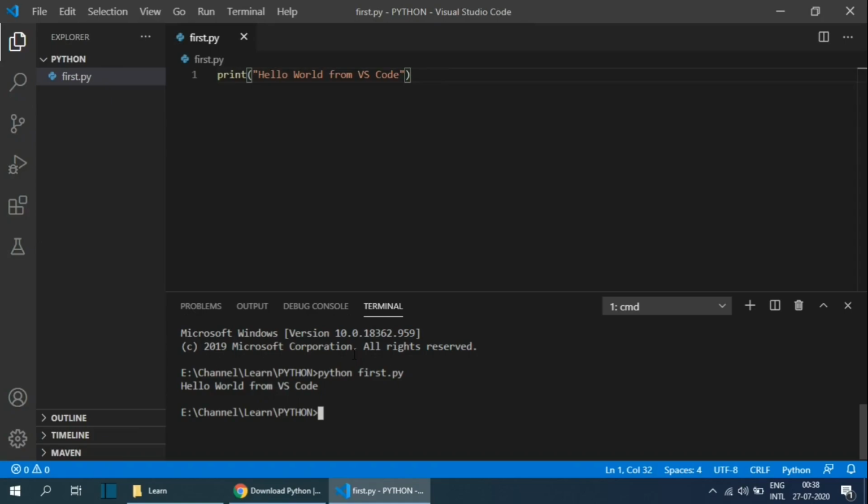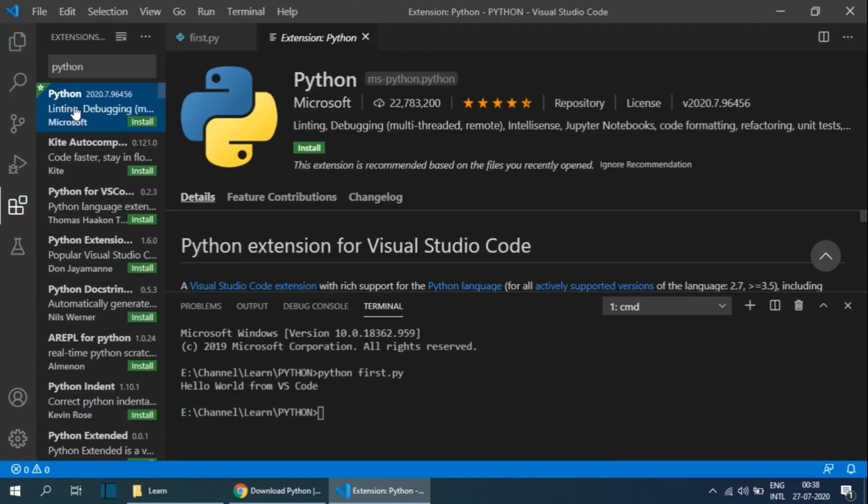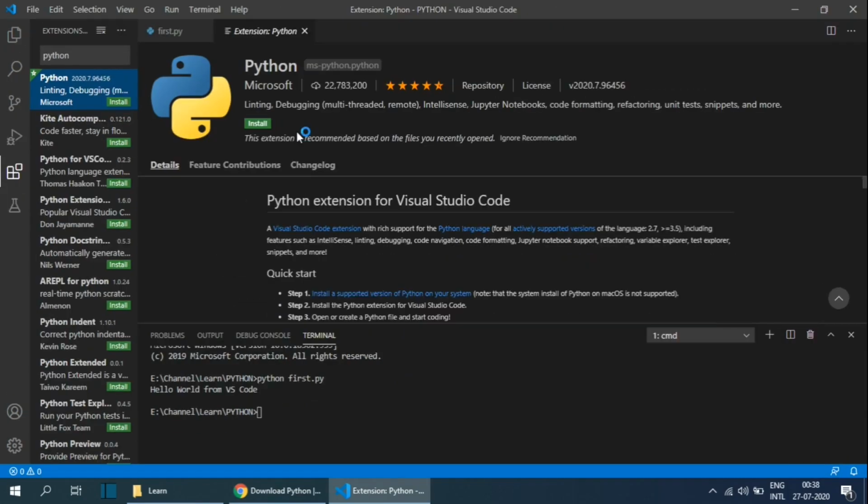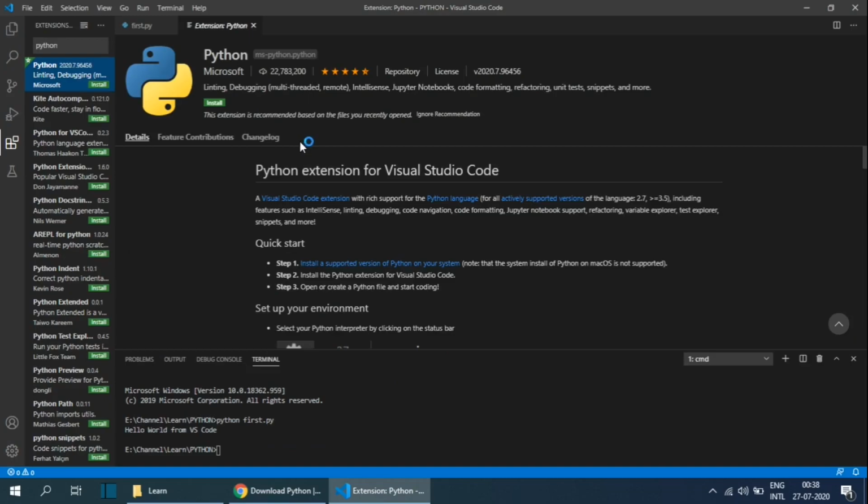Now let's see another way of running Python from VS Code. In this method, we will be using a VS Code extension. To install the Python extension to VS Code, click on the extension icon in the sidebar of the VS Code. In the search text, type Python to perform a search and you will receive an extension for Python by Microsoft.